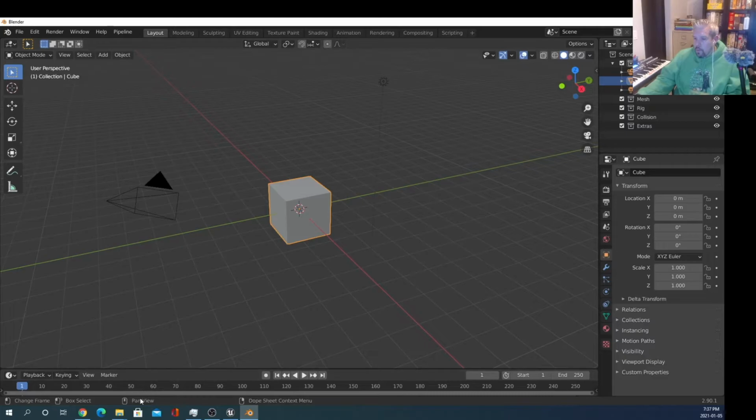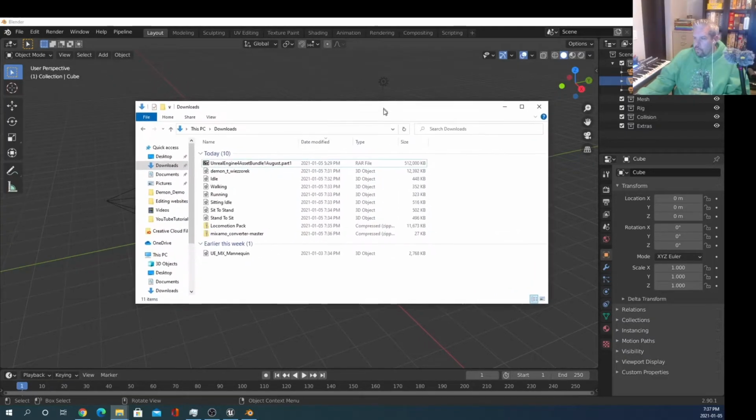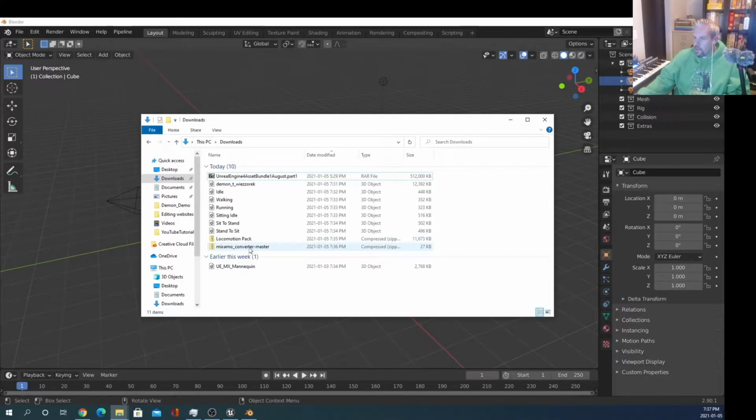Okay, so with all that stuff that you just downloaded, let's rearrange where it should go. The Mixamo Converter Master, just copy that and put it in your Blender installation folder, wherever you installed that. This other stuff, we are just going to find another location for it within Unreal, or wherever you store your files. This Mixamo converter, make sure you don't unzip it either. You don't need to. Blender will use it